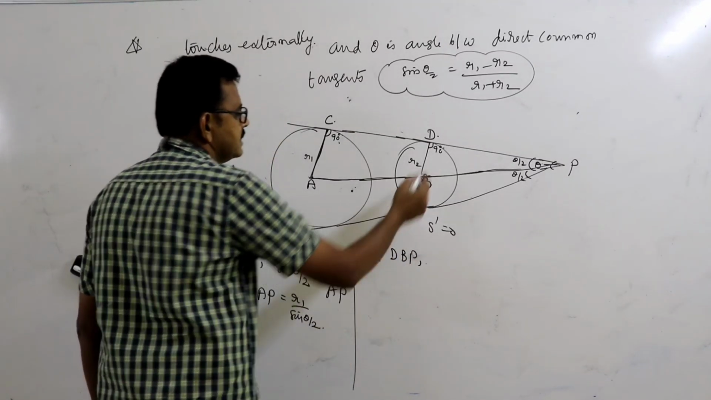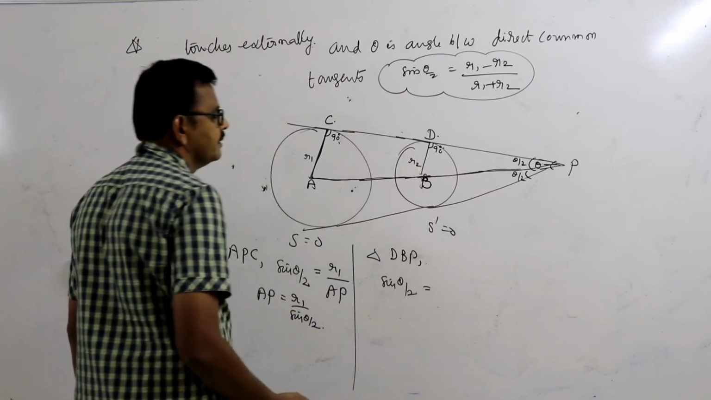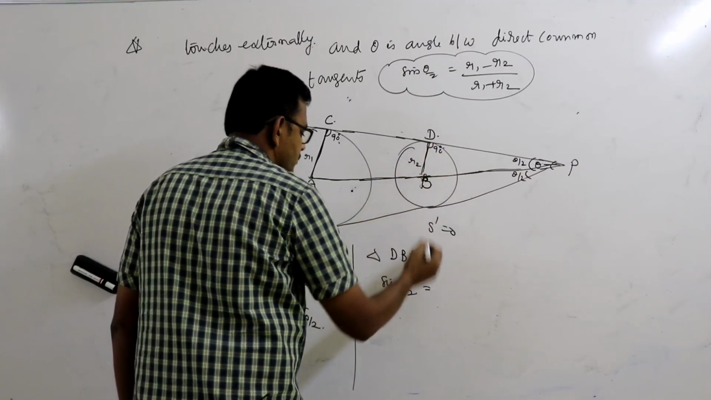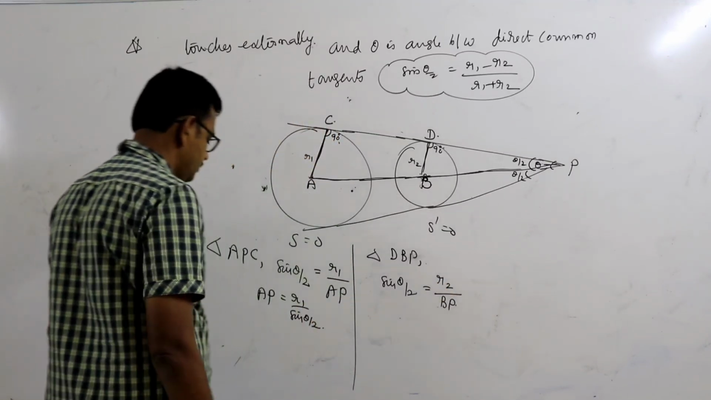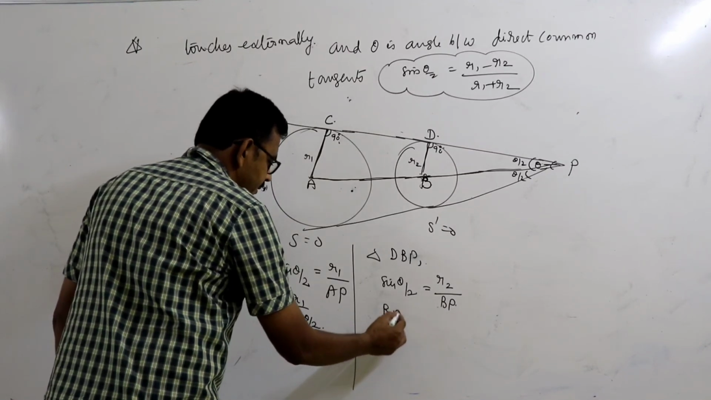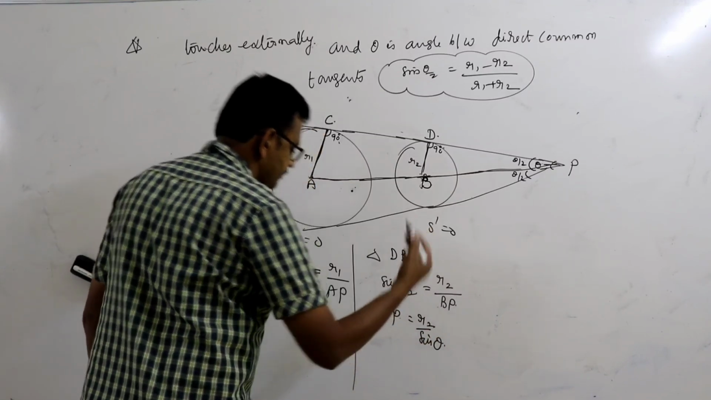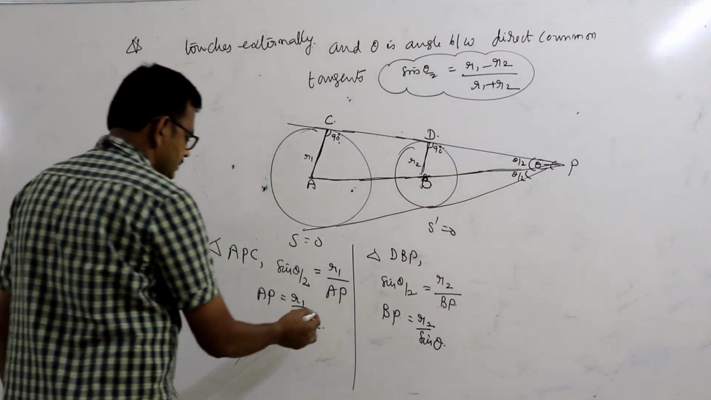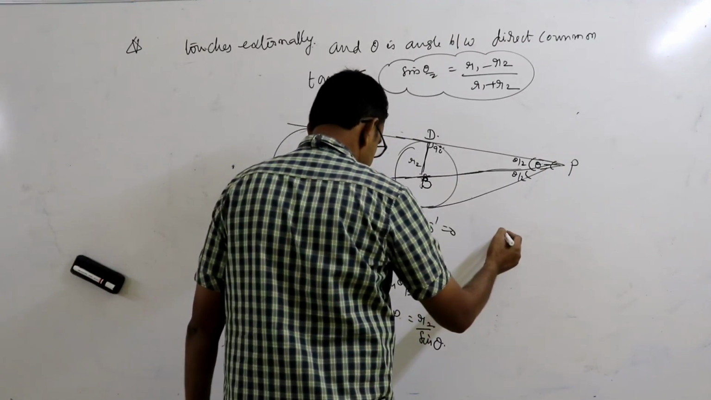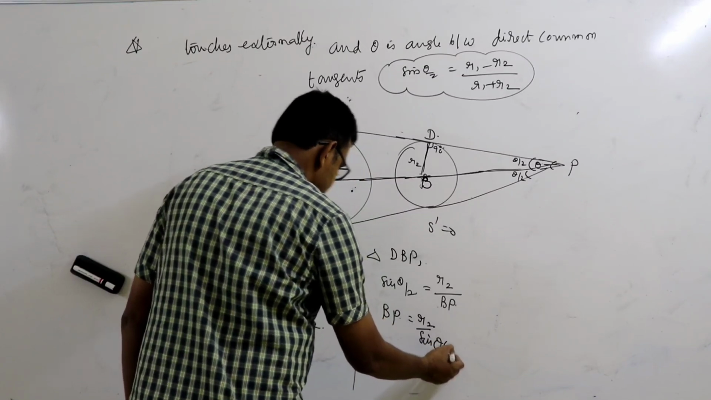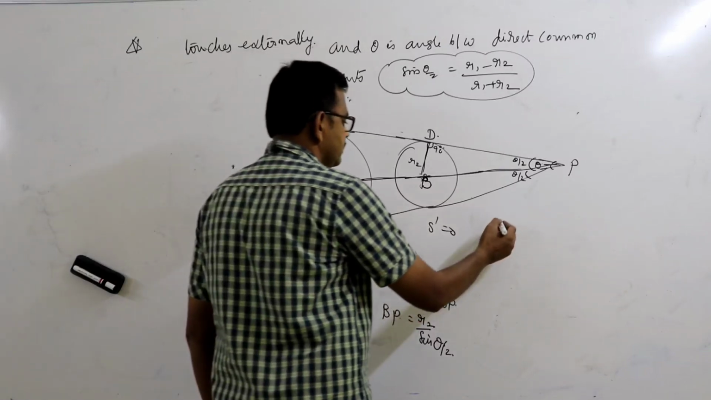From the triangle DBP, this triangle, sin theta by 2 equal to R2 by BP. Therefore BP is equal to R2 by sin theta by 2. R2 by sin theta by 2. Therefore AB is equal to